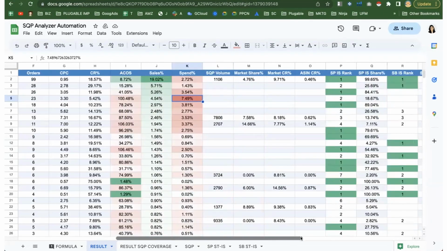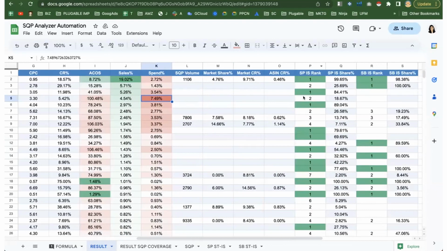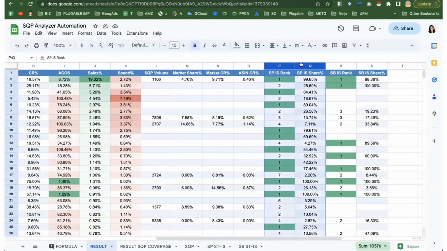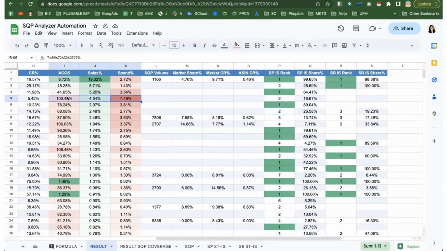So another kind of interesting thing is that on the side here, we're also providing the sponsored product impression share rank and the impression share. So that is pretty handy to have when we're making decisions like this one on row 5 here, where we're seeing everything is looking terrible.